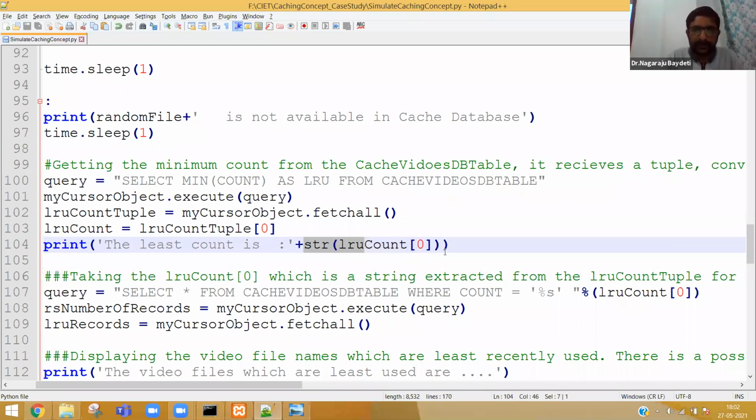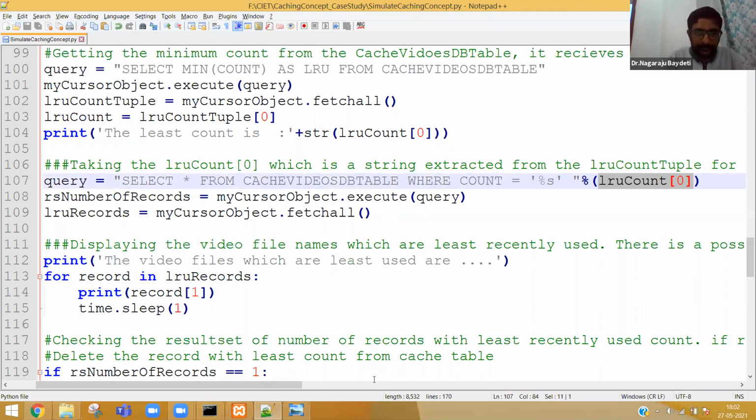So don't get confused with the line number 104. LRU count of 0 will have the value. What is the least count? So I am selecting all the records. How many are there?